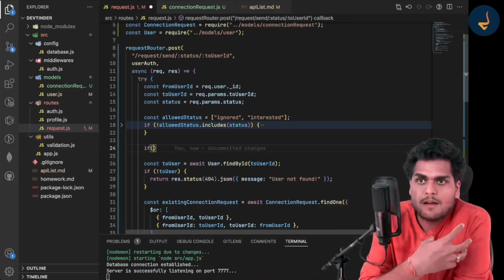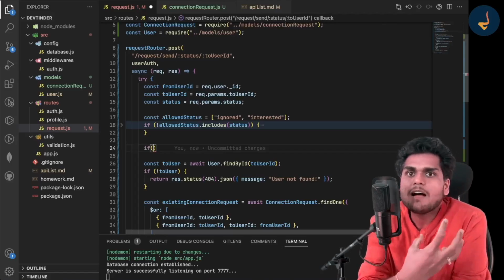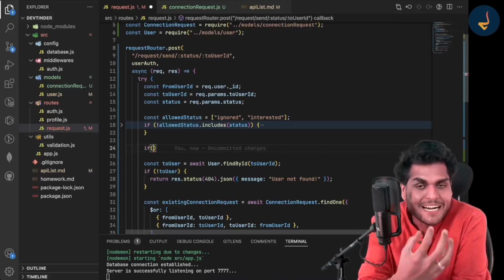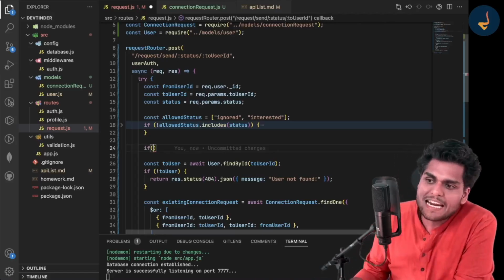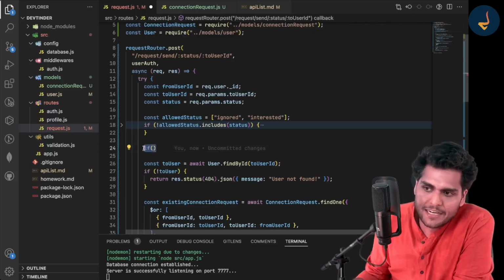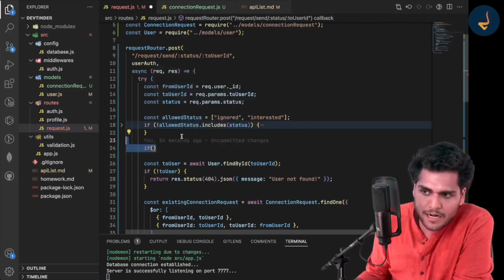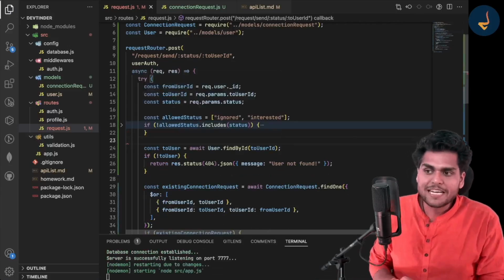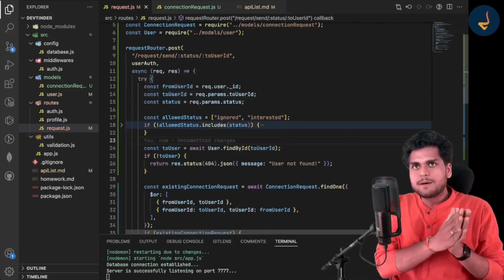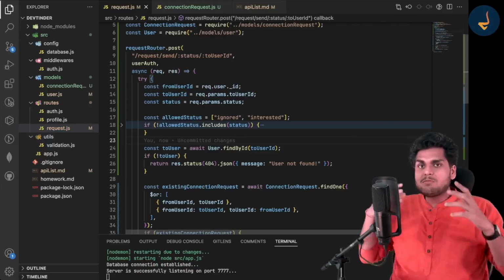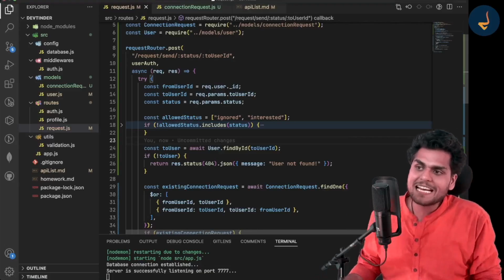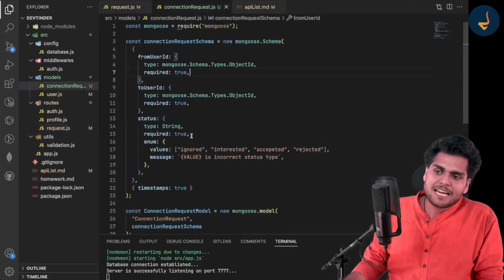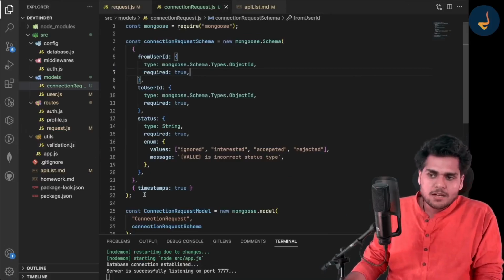Similarly, we can create schema validations also. Now you can write this logic over here and handle it. But I want to teach you an important concept, and that is why I am writing this code. So in the connection request, remember we can create schema methods. Similarly,